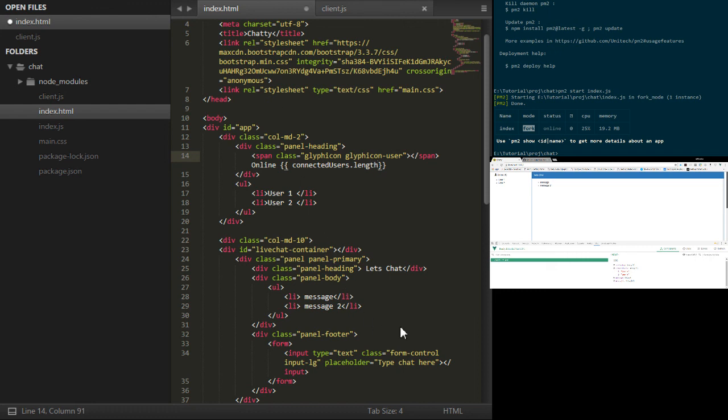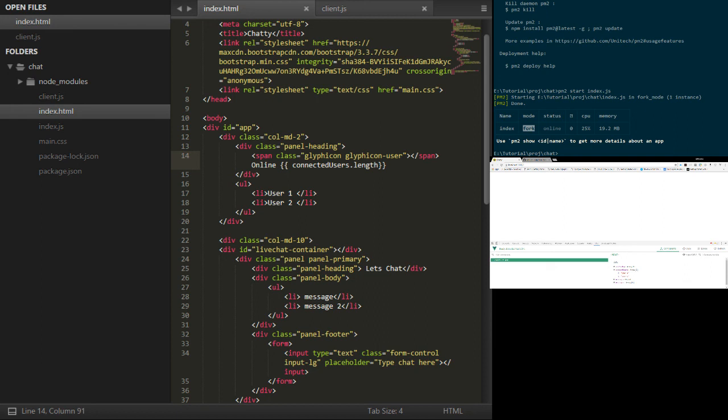And I'm going to make sure that I adjust this in my code whenever necessary. When a user, for example, connects to the chat room, I add them to this array, plus plus, right? When a user leaves the chat room, I remove them from this array. And Vue makes sure that this information, the data binding, is updated in real time for you on the browser. So you don't have to do anything else, just do connected users.length. So let's see. If I save this, and if I reload this,